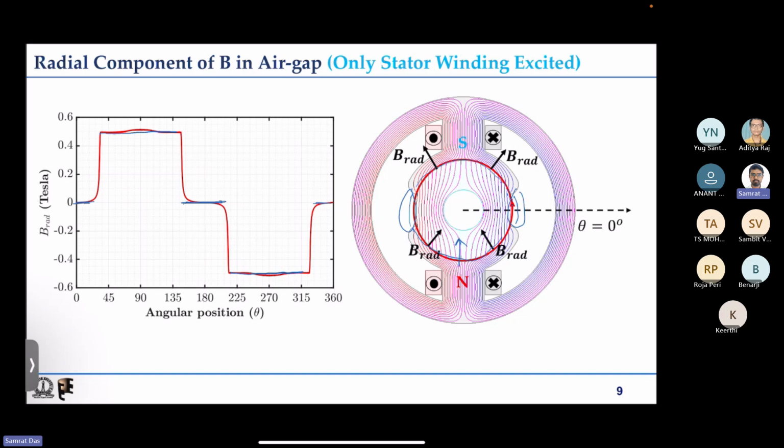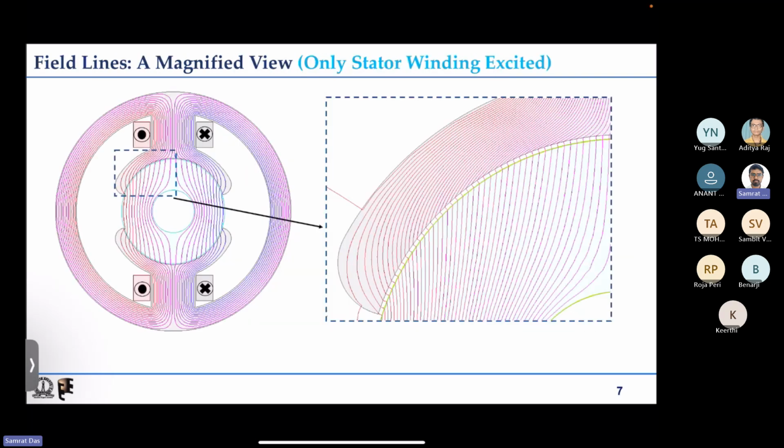So that is about the radial component of B if it is plotted along an air gap circle. Now this is understood, I think, because south pole and north pole are well understood. South pole and north pole indicate the direction of the B also, and we understood that no matter what, in the air gap, flux lines are mostly radial lines. And you can see the density in the air gap, the flux lines are almost equal,